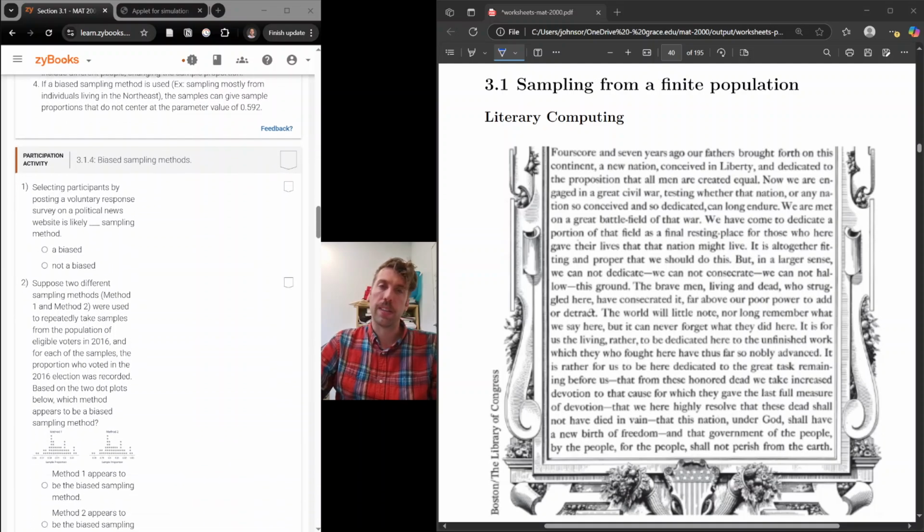And so now we look at section 3.1, which has this Gettysburg Address right here that you should have already done the activity, and in the discussion forum, you should have posted the proportion of short words that you had. Okay, now